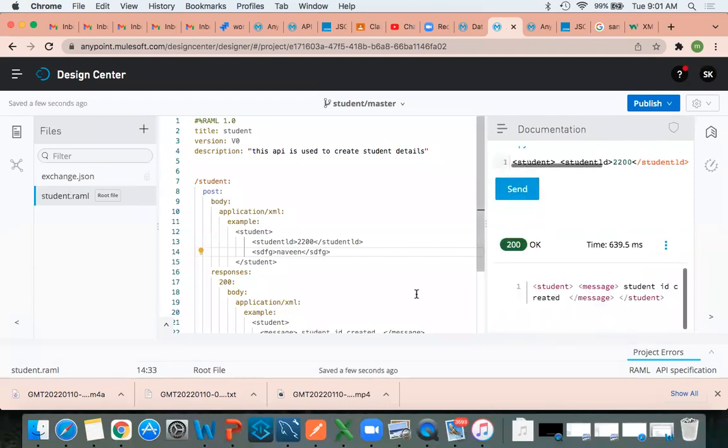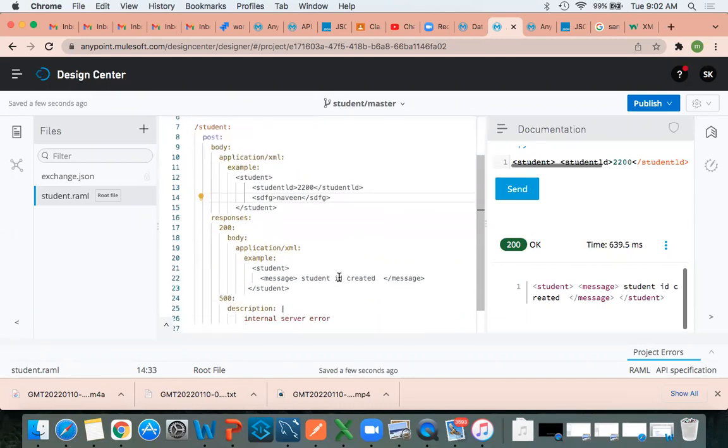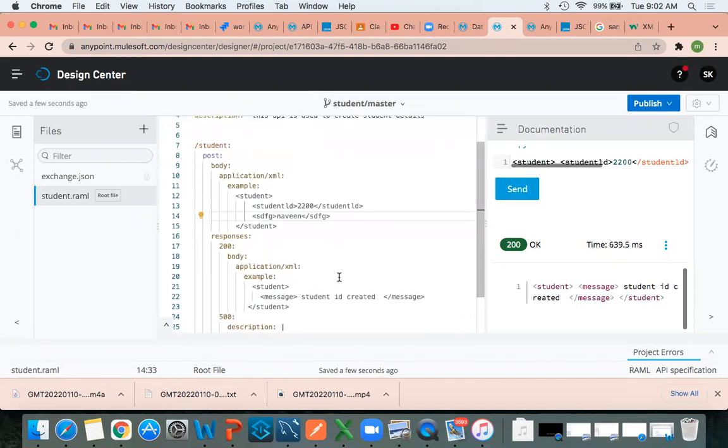Attributes, any type of attribute we can take. Student ID is there, for example. You can write anything. Student I showed you, right? Student address, student pin code. Anything you can write, depends upon your requirement. Just an example I'm showing here of how to use XML.